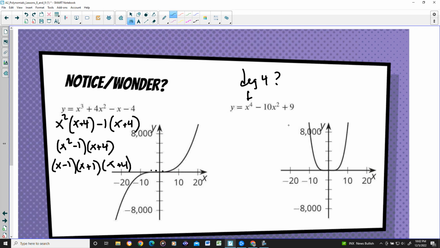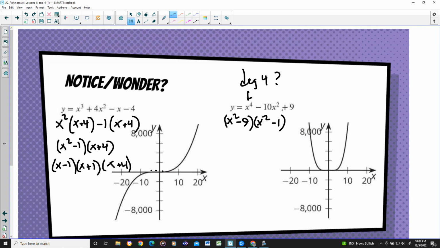This one does something very similar. We have not actually factored problems like this, but it turns out it does factor. It turns out it factors into x squared minus 9 times x squared minus 1. -9 plus -1 is -10, and